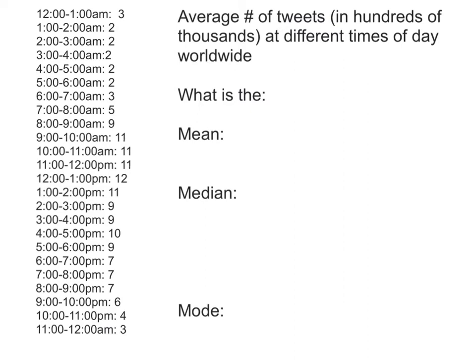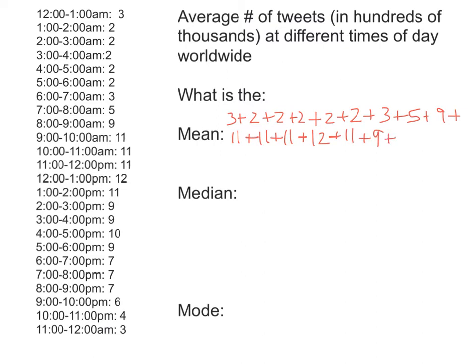So if we wanted to, we could write this out as 3 plus 2 plus 2 plus 2 plus 2 plus 2. There's 5 of those, right? Plus 3 plus 5 plus 9 plus 11 plus 11 plus 11 plus 12 plus 11 plus 9 plus 9 plus 10 plus another 9 plus 7 plus 7 plus 7 plus 6 plus 4 plus 3. Now most of you probably didn't want to write all that out, but that's okay. And if we add all of those up, we get